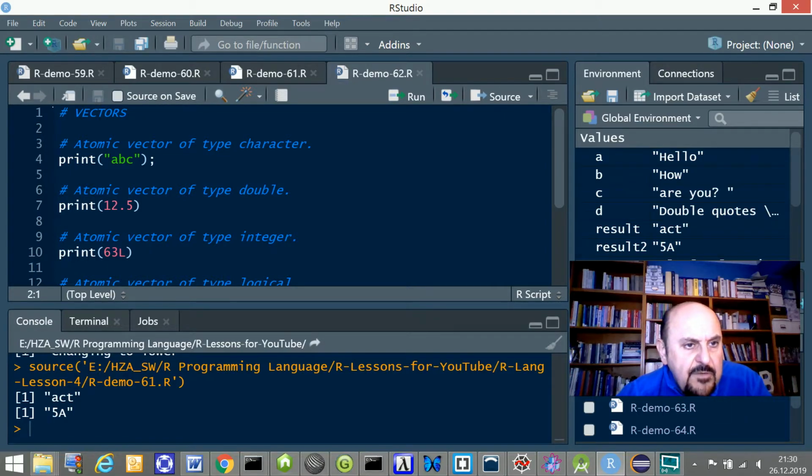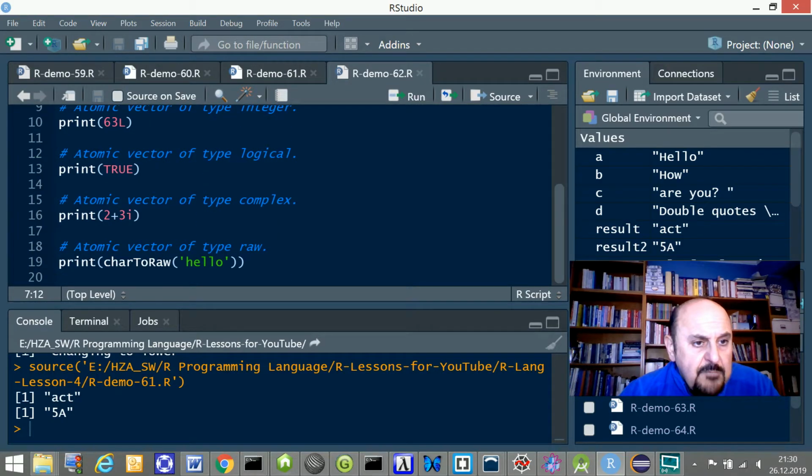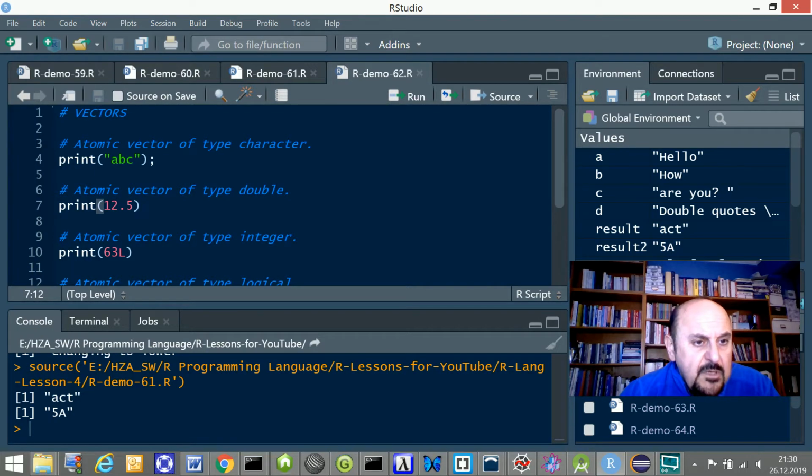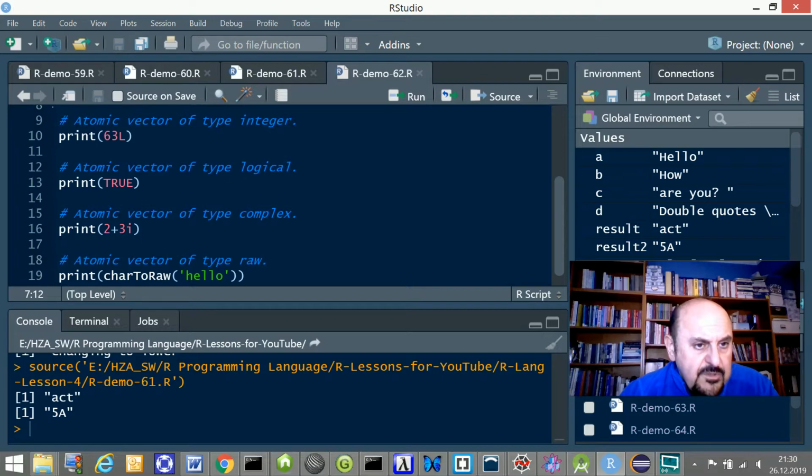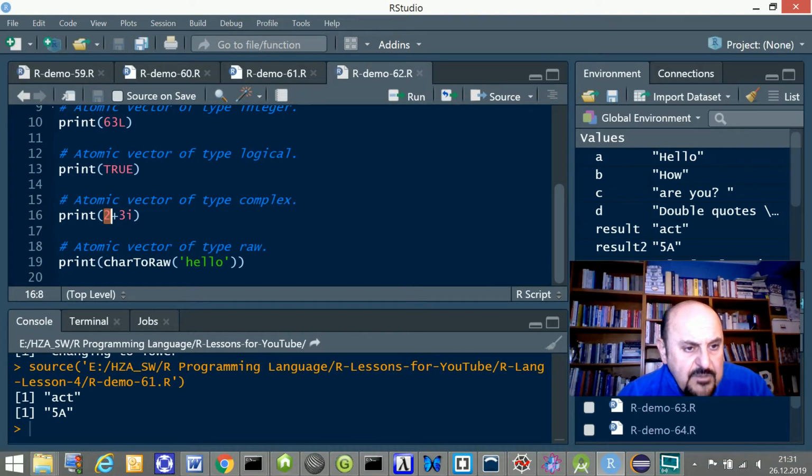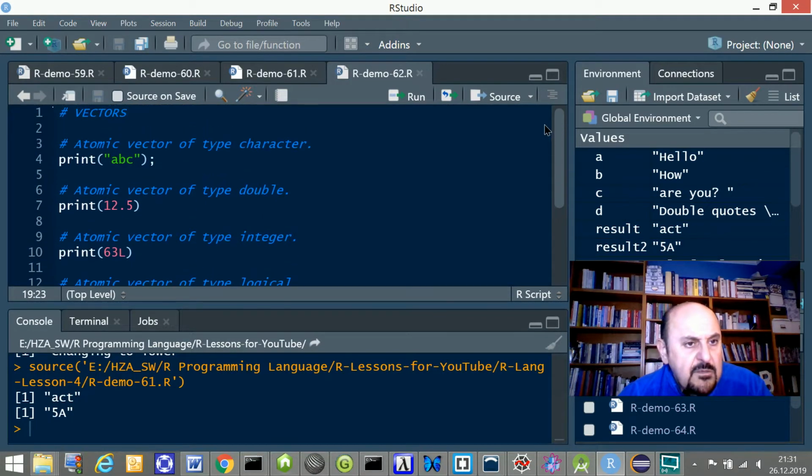Okay, I'd like to give an example for atomic vector of type character. So this is print "ABC", and print 12.5 and TRUE. This one is 63 long integer. This is logical, and 2 plus 3j, this is a complex number, real part and imaginary part. And this is atomic vector of type raw, charToRaw. In this case the string to be converted to raw is "Hello". And that's all. And when we run this,